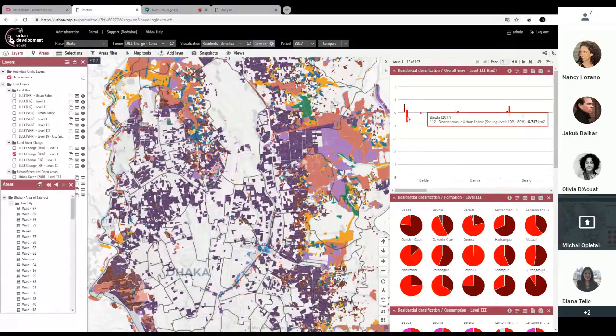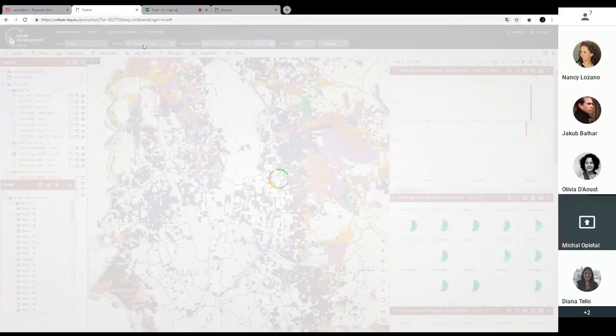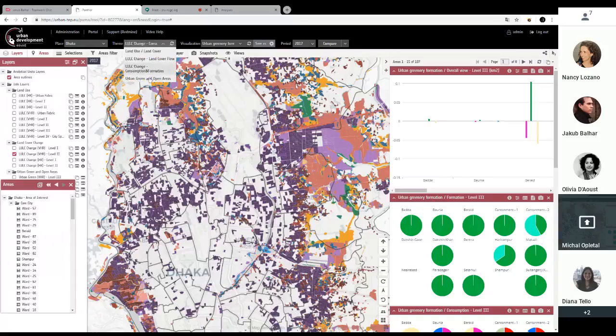For region Bada, I can see how many square kilometers were consumed for this dysfunctional urban fabric, and will densified to the higher level. And also based on the statuses, I can make some other calculations. For example, if I'm interested about the development of urban green,